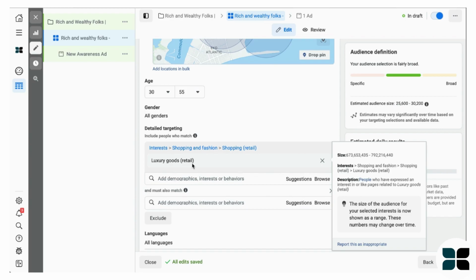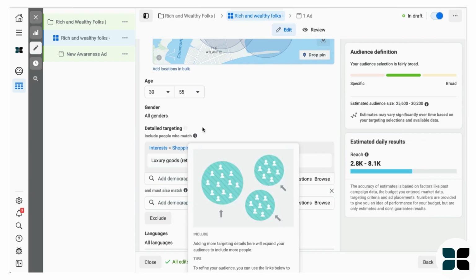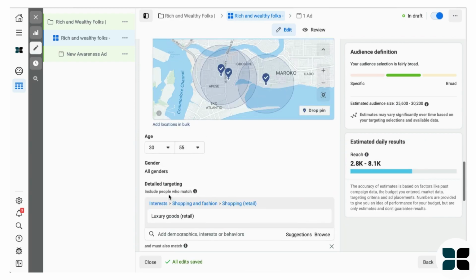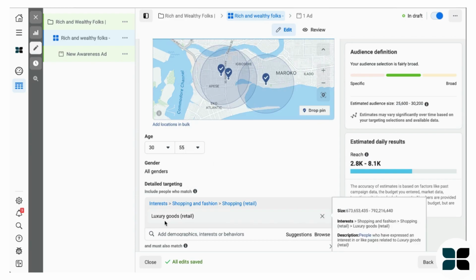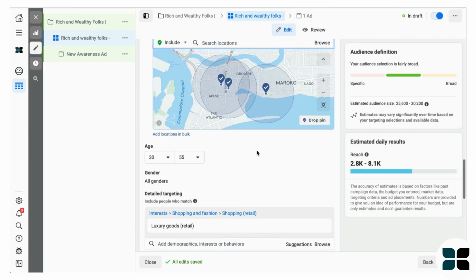Remember that. For the purpose of this ad set, your targeting criteria is rich and wealthy people. Okay, that is what you're going for. So you have to be very specific with that. So you've layered up. So now I've layered up with luxury goods. So people that dine in this place,